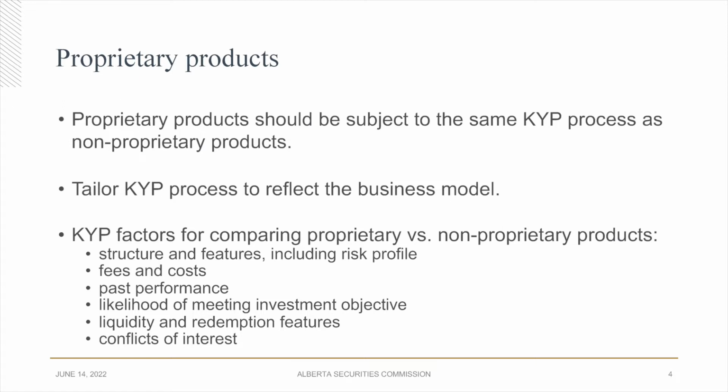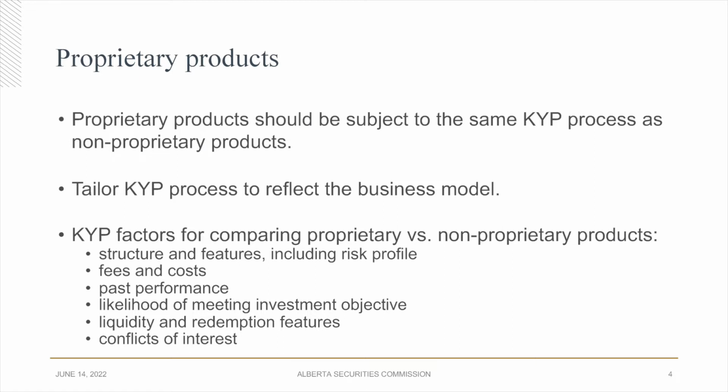For example, are the potentially higher distributions of private real estate funds compared to publicly traded REITs enough to outweigh the drawbacks of limited redemption opportunities? Does the proprietary product have a competitive fee structure and past performance when compared to similar products available through other registrants? If not, the firm may need to consider making changes to its proprietary product before it distributes or recommends it. When assessing the fees and costs of proprietary products, all direct and indirect compensation arrangements, including related party ownership, ongoing commissions, and other issuer payments and agreements need to be considered.